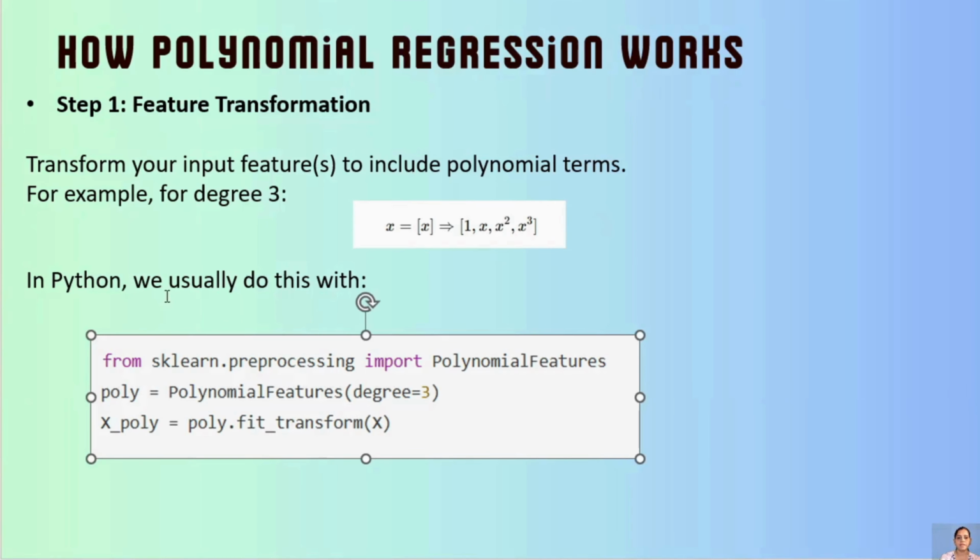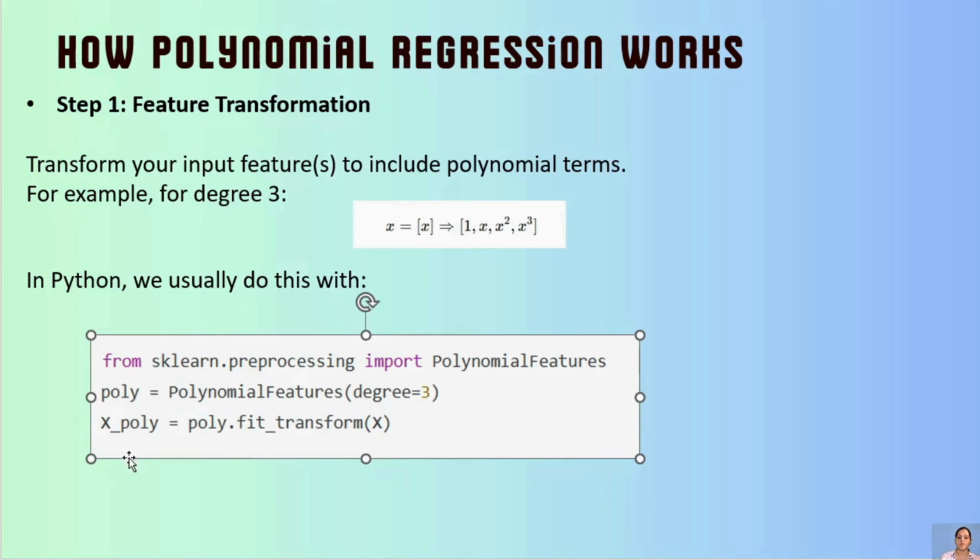And how are we doing it? In Python, this is the use case, right? I mean, we are considering polynomial features from preprocessing. We have a preprocessing module, one more step which will come before sending the data to your linear regression, fitting that model into linear regression. So this is the step. We are importing polynomial features and we are passing the degree here. And when we pass the degree, it creates a fit and transform method by taking that x variable. What is that x variable? That x variable is the number of independent variables which we are considering for training and testing the data, right? That same thing you will pass and you will get your